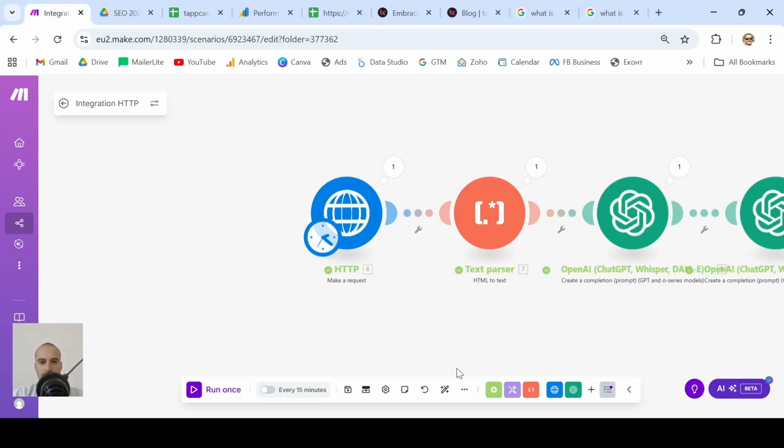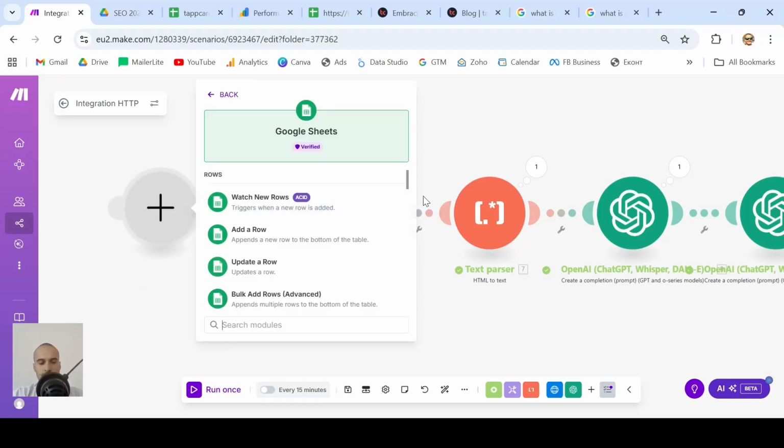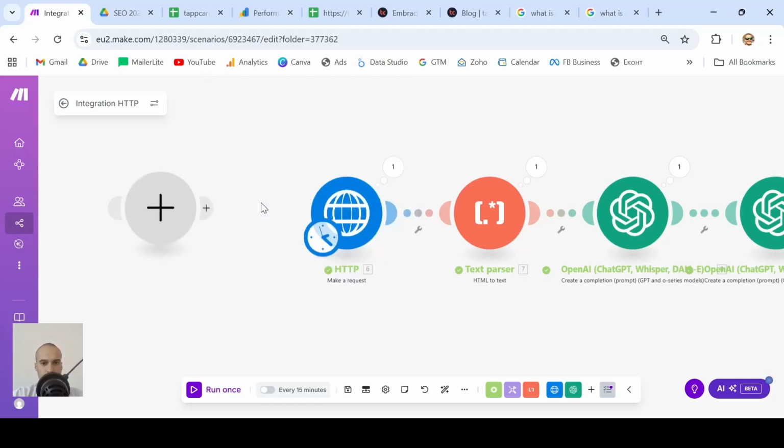So first we need a Google Sheet module. Google Sheets. If you don't know how to connect your Google Sheets, make sure you watch our video where we show how you can do this. So we need the Watch New Rows module,